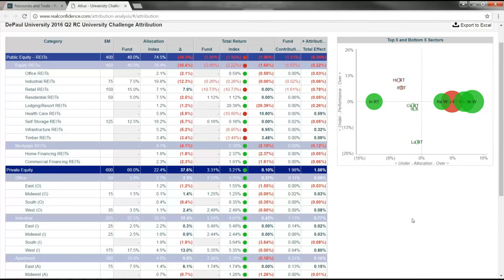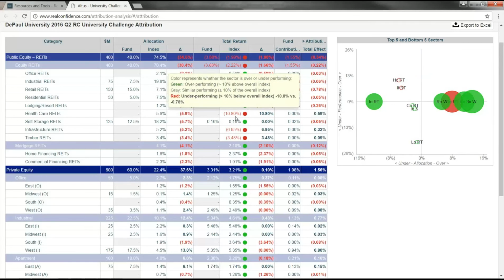Okay. The ones that are empty, it's really sectors where you do not have an allocation, but it's causing some type of negative or positive effect. Because you're not allocated to that sector, if it's within the benchmark, it's still going to show some type of effect at the end. So in this case, you more than likely have a positive contribution through attribution, because as you look at healthcare REITs,